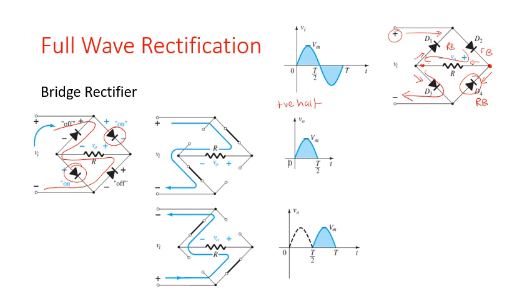So I'm hoping that you have understood what exactly happens in a rectifier. What is the purpose why I need a rectifier? A rectifier is the stage 2 of a power supply system that you can build. And we have studied 3 types of rectifiers. I have half wave rectifier and full wave rectifier. Full wave rectifiers are divided into 2 types, that is center tap full wave rectifier and a bridge rectifier. In the next session, we will be understanding what happens when I add a filter to these bridge rectifiers or to a full wave rectifier.